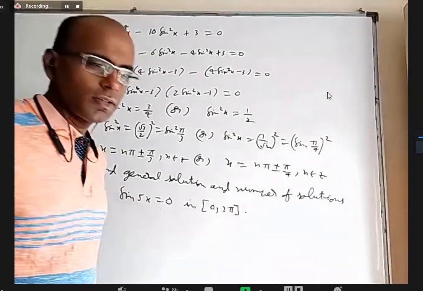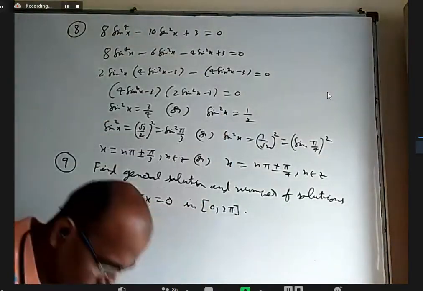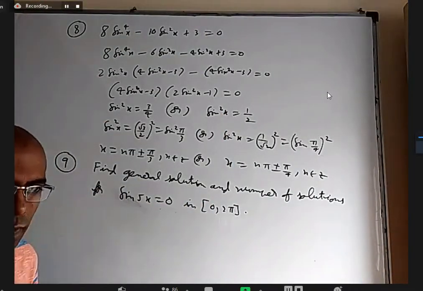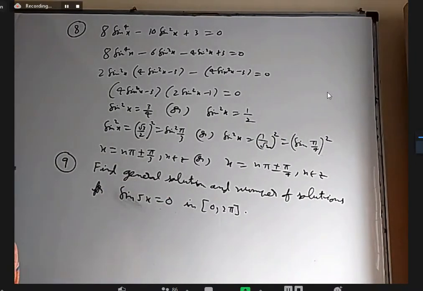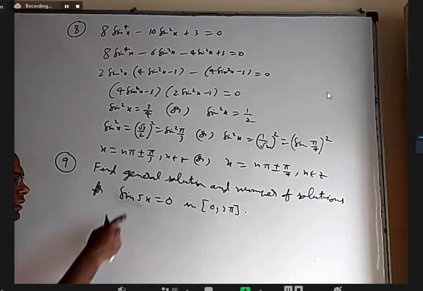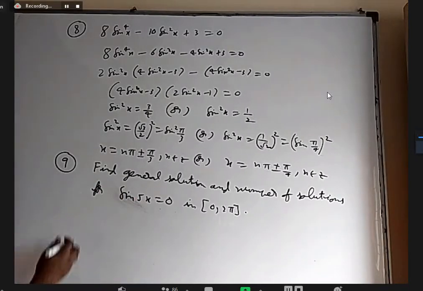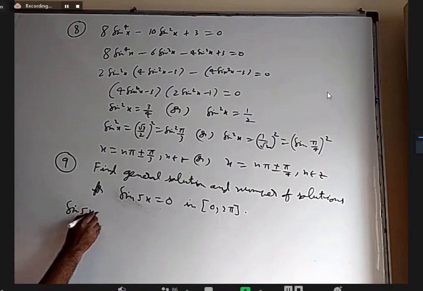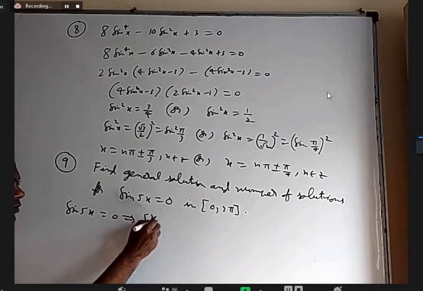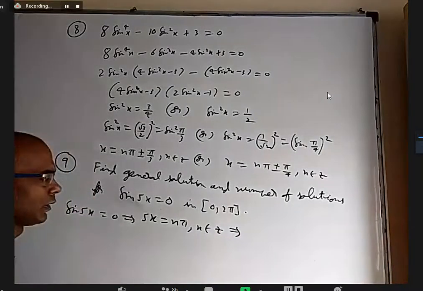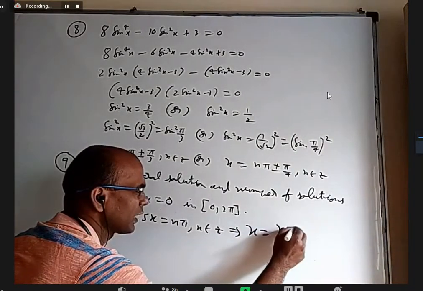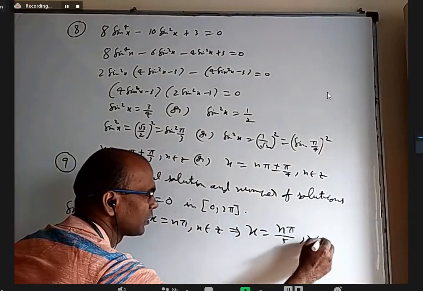Okay. So yesterday, the first formula we learnt, I guess, is this: sin x equal to 0. If you want sin of something to be 0, that can be any multiple of pi. So sin x equal to 0 gives n pi. Like that, here 5x is 0 means 5x can be n pi. So for sin 5x equal to 0, the general solution is 5x equal to n pi, where n belongs to Z. So x is equal to n pi by 5, where n belongs to Z.